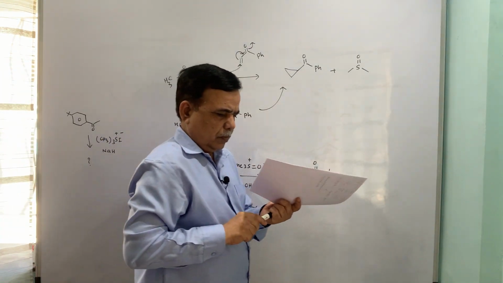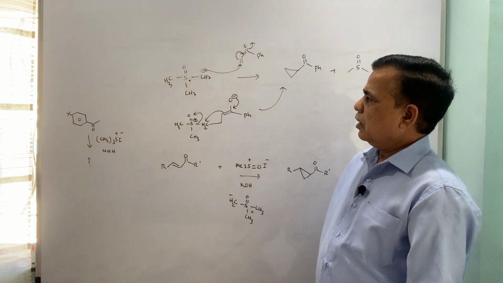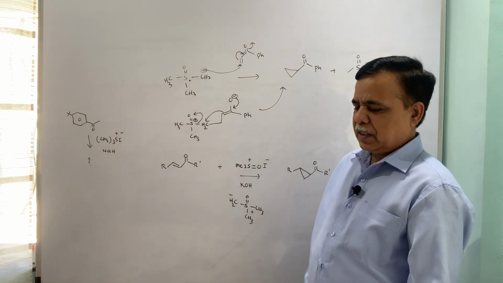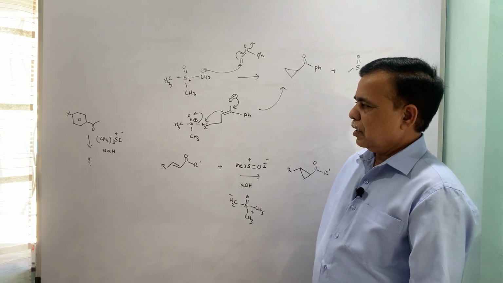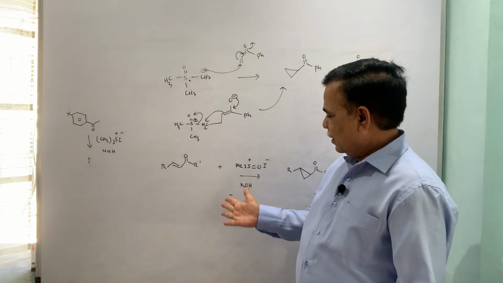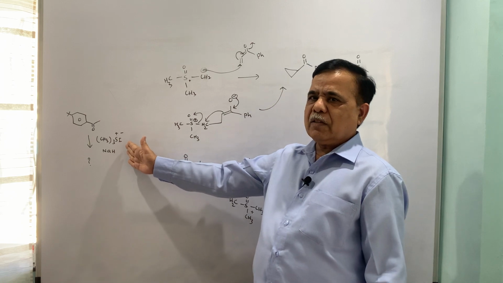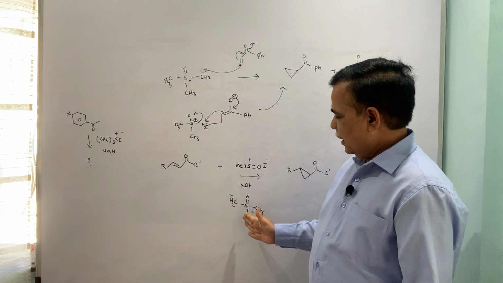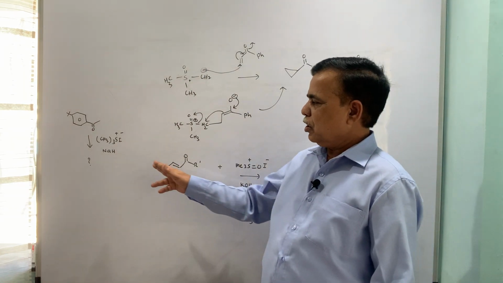you have to see that all the time halides or halide forms are not given, but in that case you have to know the utility of a base. So the base will always abstract a proton and make this active form, the halide form. Now in this case it will be a sulfonium ion or sulfonium halide. In this case it is a sulfoxonium ion. So depending upon the reagents you have to change.